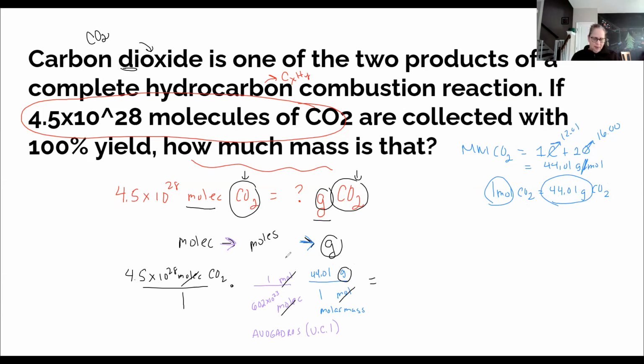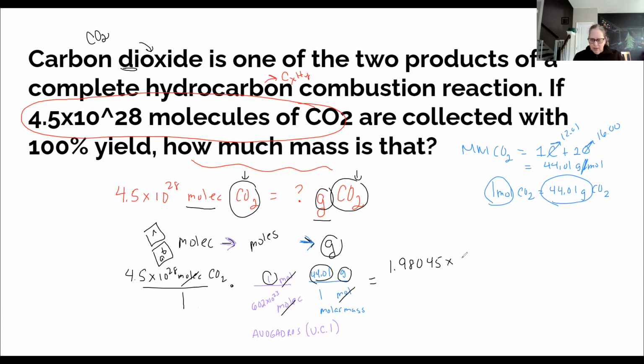And now I can plug in that equation. If you're using Desmos, you're going to plug it in pretty much 4.5 times 10 to the 28. Just use that AB button or use a caret to get into that exponent spot. If you're using a calculator, 4.5, and then use the double E button, 28, and that gives me my start. 4.5 times 10 to the 28 times 1 times 44.01. So I'm finding what the numerator is. And I get